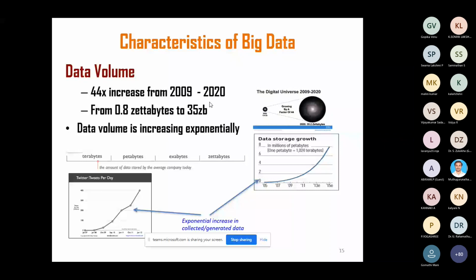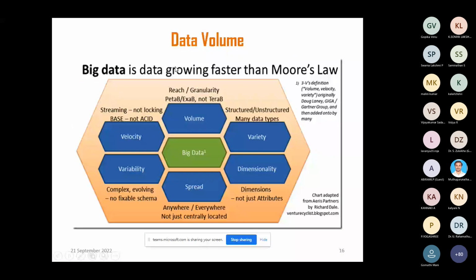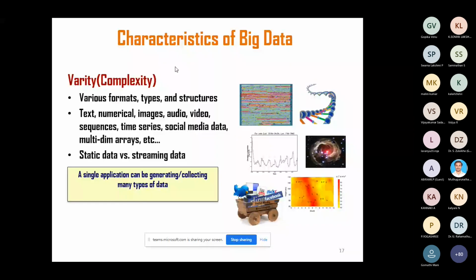So that is one of the concerns to be considered. And another one, if you consider variety, speaks about the complexity existing in the data. As I said already, it's not only in a structured format. We do have data in multiple formats like structured, semi-structured, and unstructured. As I pointed out, almost 80 to 90% of existing data is unstructured. And the well-established platforms we have handle only structured data.